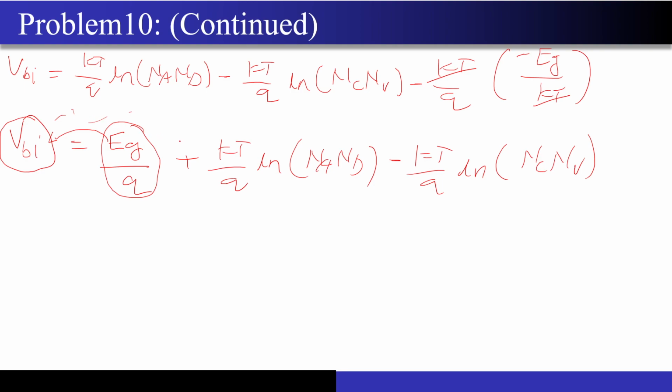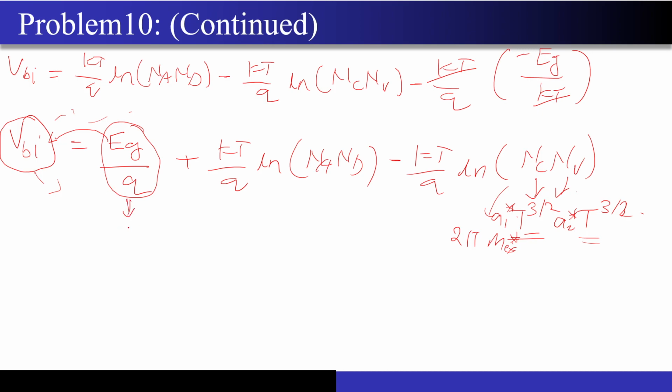Okay. Now what we will do, this Nc and Nv, even they have temperature dependence. They vary like T to the power 3 by 2 and T to the power 3 by 2. I'm not writing that complicated expression, something like 2 pi, some me star and all that stuff, but I want to show how the temperature dependence will be there. So I will just write them as maybe A1 star T to the power 3 by 2 and A2 star T to the power 3 by 2. My job is to make this VBI as simple an expression of temperature as possible. So now this is a constant.